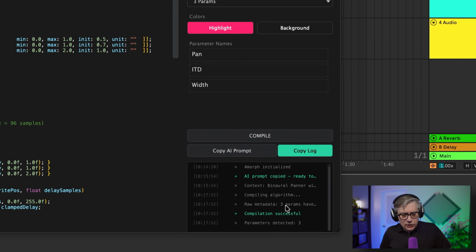If it's not successful, you can simply copy the log, go back to Claude and ask it, hey, there was something wrong, can you fix that, please? And it will generally do that. In all honesty, it never happened to me. It always compiled successfully, so the instructions that Claude gets are really good. If you're working with a local, open source model, you might run into more issues. But if you have any model that is really capable of coding, that should not be a problem.